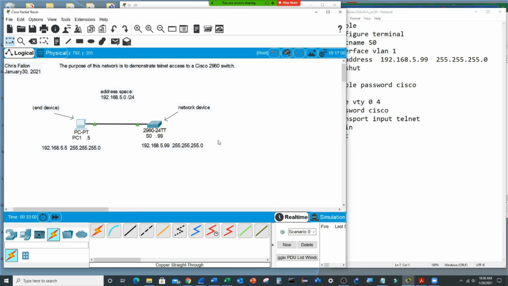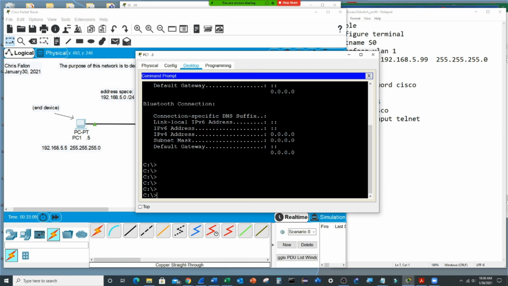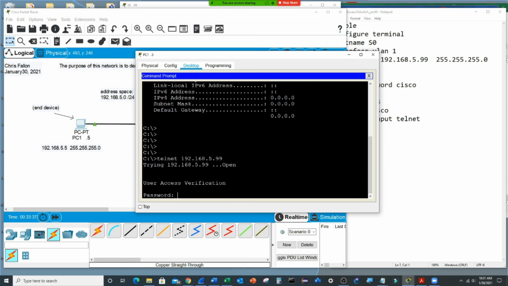All right. So now from this PC, we're going to telnet into the switch. Telnet is a terminal emulator that we use to access the command line of a device that offers the telnet access feature. It's called a telnet server. We telnet to 192.168.5.99. It's going to ask us for the password Cisco,